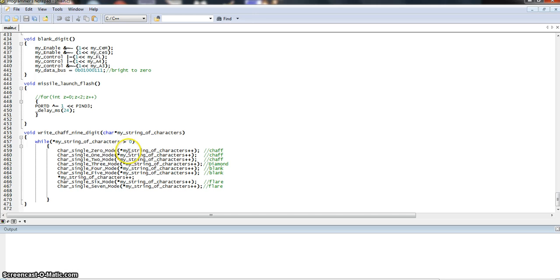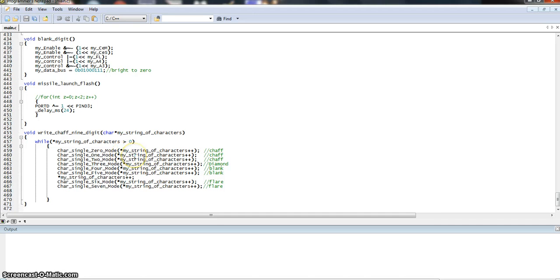It'll come in here and put the first element, element 0, a hex 1, and this will dereference it and say, okay, there's a hex 1 in here, and then I use the single character mode, which I wrote in my earlier videos, and it displays that 1 on the display, and then the pointer increments to the next element, which would be 1, and